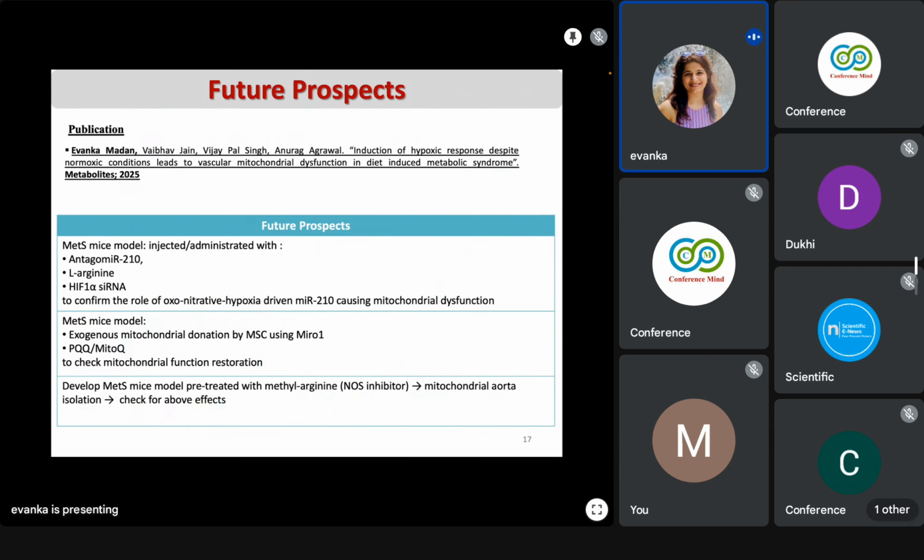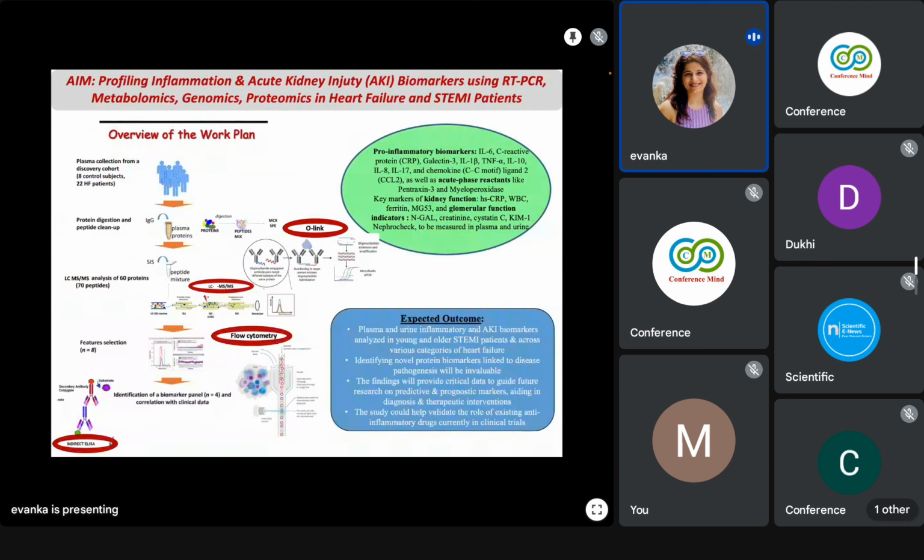This part has already been communicated, and these are a few future prospects where we'll be using antagomir 210 along with L-arginine and HIF1 alpha siRNA to confirm the role of oxonitrative hypoxia-driven MIR210 causing mitochondrial dysfunction. We'll also use exogenous mitochondrial donation by MSCs using MIRO1 to check mitochondrial function restoration. And now what we are working on is the diagnostic part and maybe the translational part,